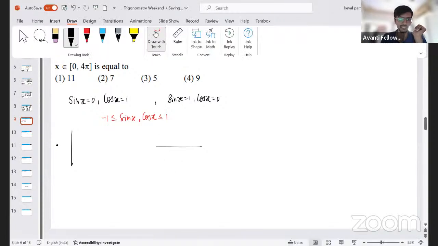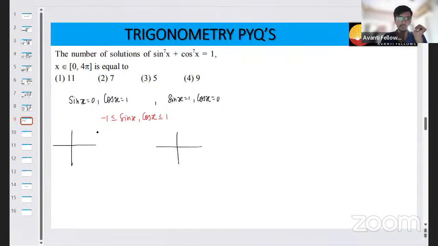So we only have the positive x-axis and here the positive y-axis. That means x is 0, pi by 2, 2 pi, 2 pi plus pi by 2. Right? So the number of solutions,